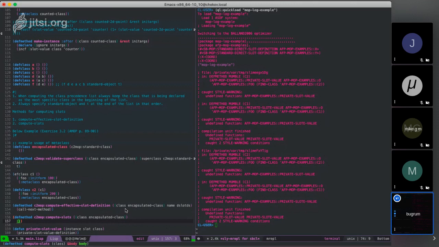No, because those are messages already. They're calling the slot values. Those are just methods that are just calling the slot value anyway. So what would you need to do in order to make this truly private into a class? That would mean that the effective slot definition has to essentially check to see